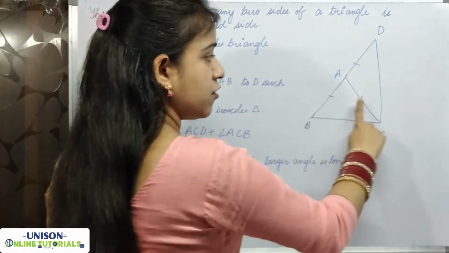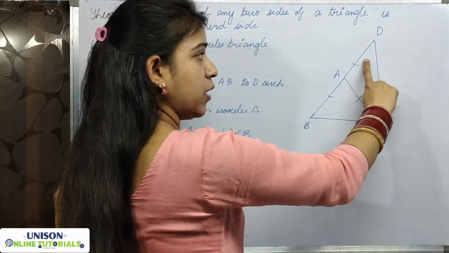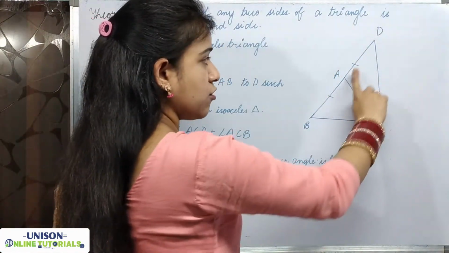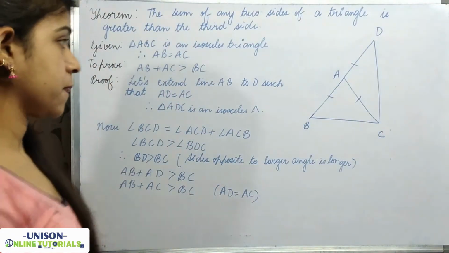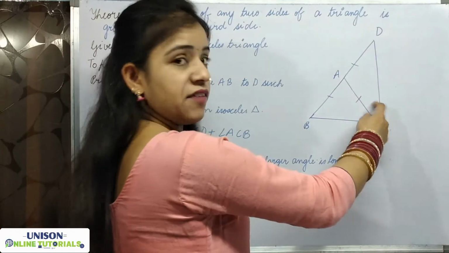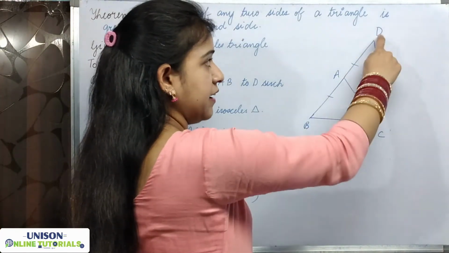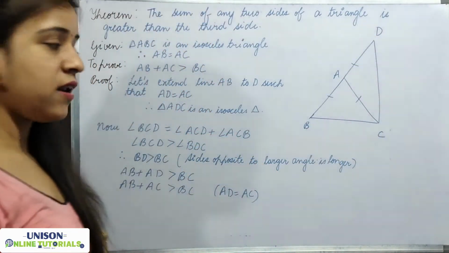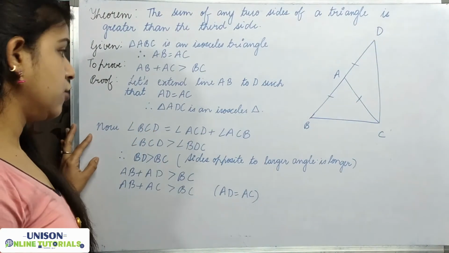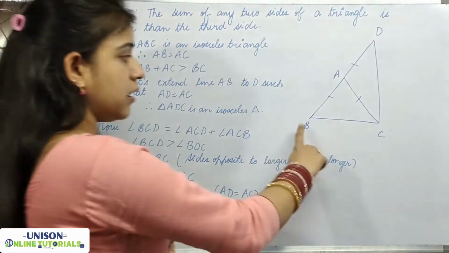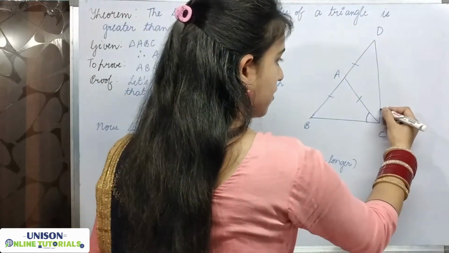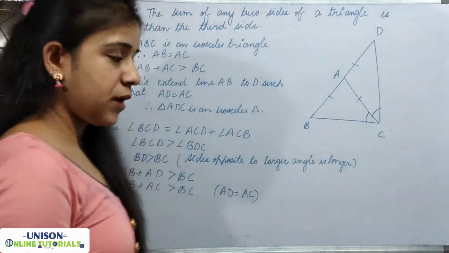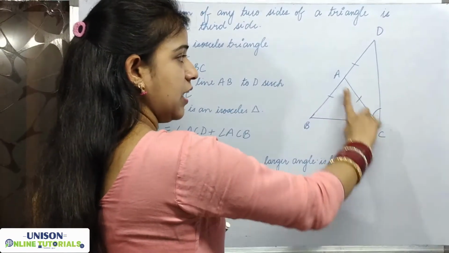Now AB equals AC and AC equals AD, therefore AB is also equal to AD. Now if AD equals AC, then we can say that triangle ABC is also an isosceles triangle. So now, first of all, angle BCD, this complete angle, is a combination of BCA